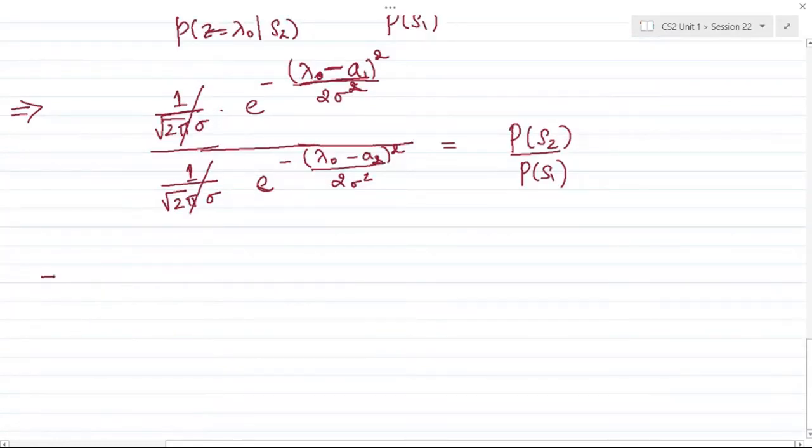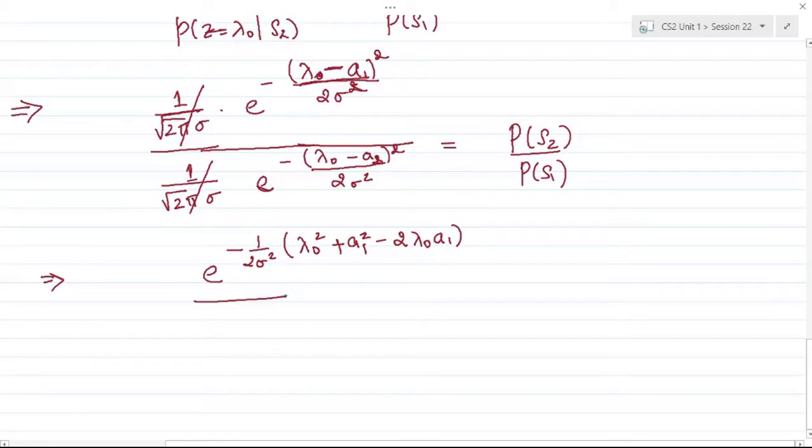So this can be simplified now. This is a square term. If I try to expand, the numerator is e power minus 1 over 2 sigma square times lambda naught square plus a1 square minus 2 lambda naught a1. Similarly, the denominator can also be expanded with basic arithmetic, where this is lambda naught square plus a2 square minus 2 lambda naught a2,